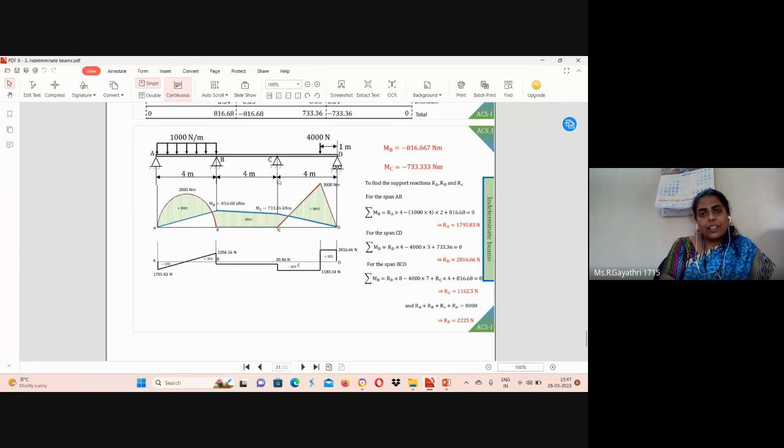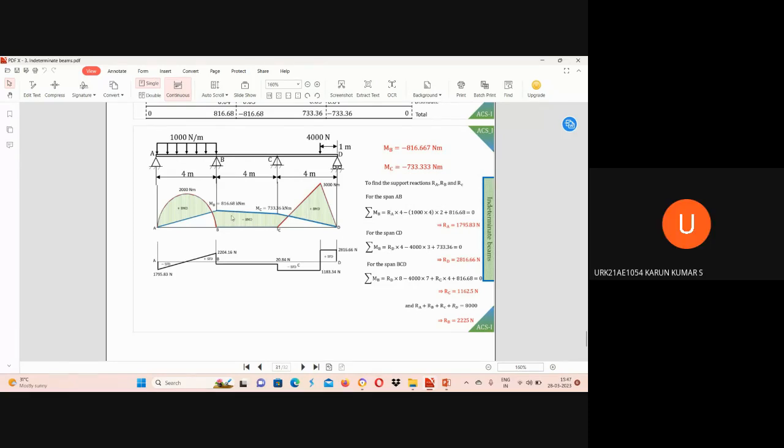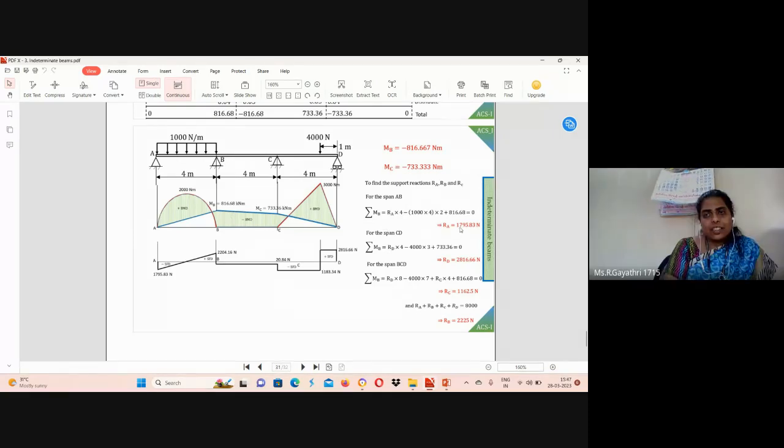RA value. Moment about B will be 0. RA into 4 minus 1000 into 4 force into half distance 2 will be moment, plus negative moment will be positive. So RA value is 1795.83 Newton. RA value, RD value over. Next,